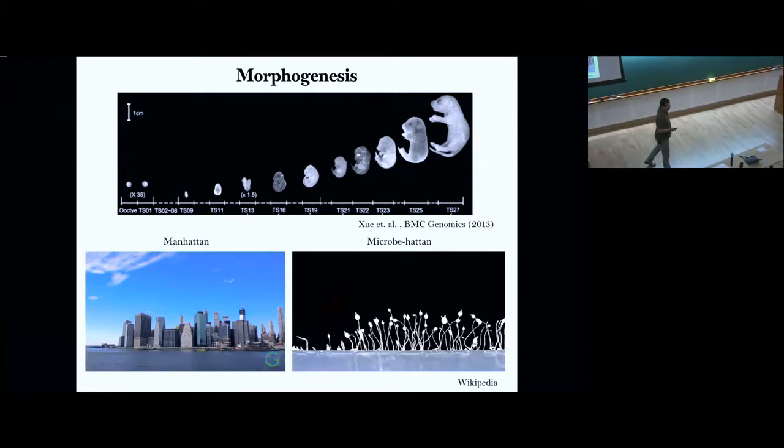It's about cells which live freely as individual organisms and then come together under certain circumstances to build up structure. And in this sense, it's very similar to the structures that we as humans build up on a scale much larger than our individual selves. And microbes also do something similar. For example, this is an image of